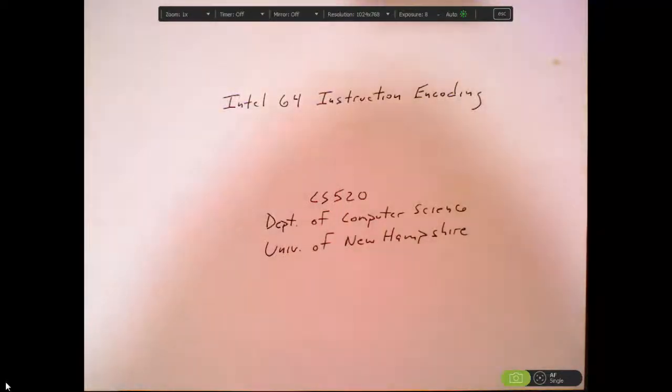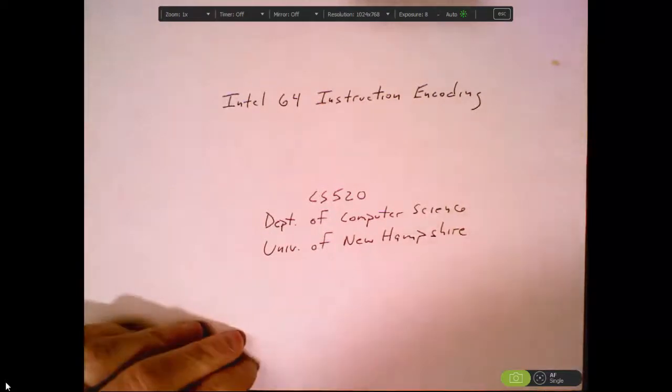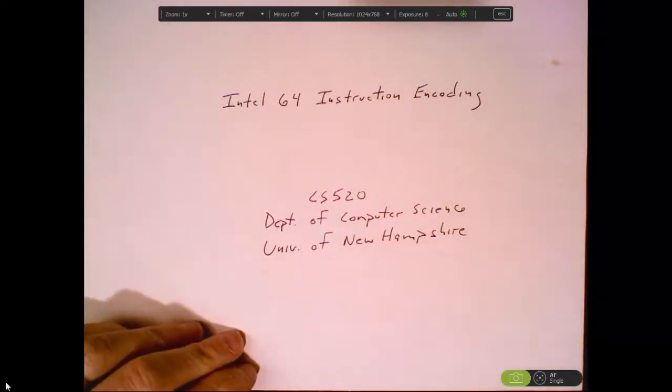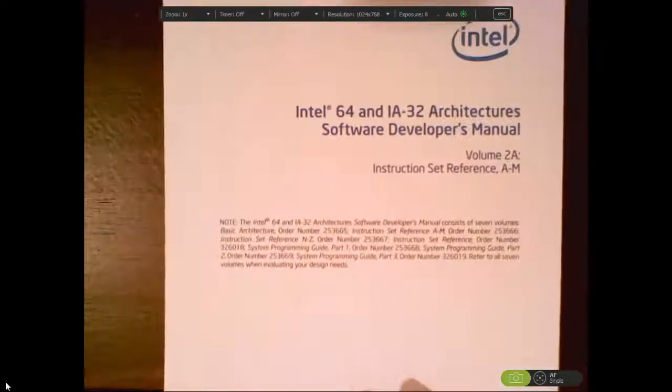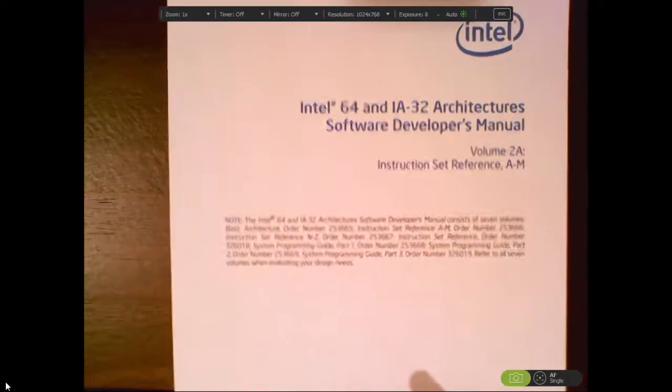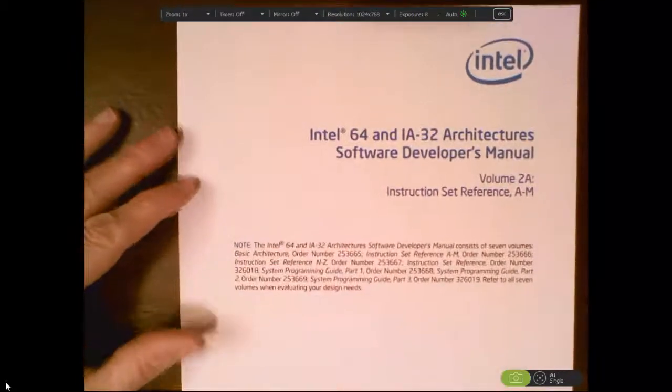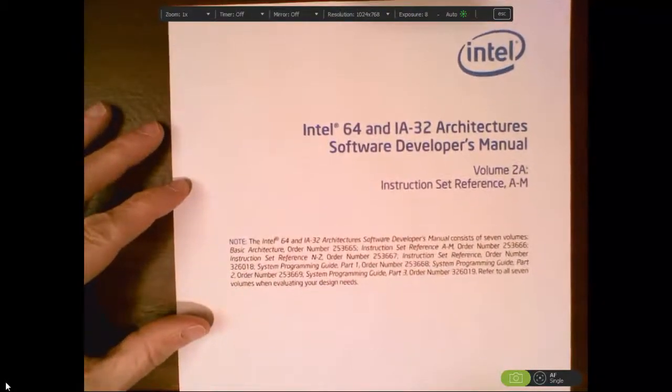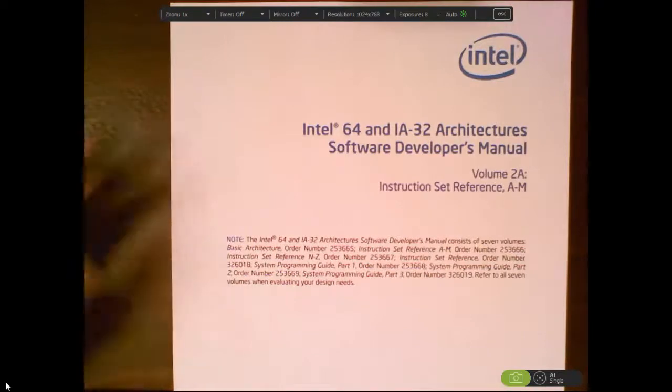Welcome back to CS520. Today I'm going to talk about Intel 64 instruction encoding. This topic is a little bit complicated. I'm not going to give you a comprehensive review of it. We're going to cover the basics, and I'm going to rely heavily on an Intel manual that's divided into two